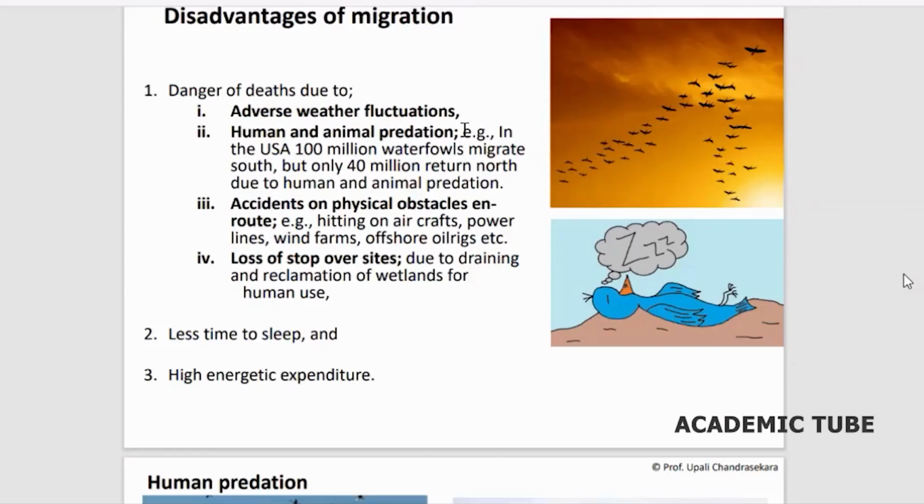But what happened to those 60 million birds? Those 6 million birds were mostly eaten by people. Also, they become prey to other predatory animals. And then also they die due to loss of stopover sites. Right? Now, usually the stopover sites,